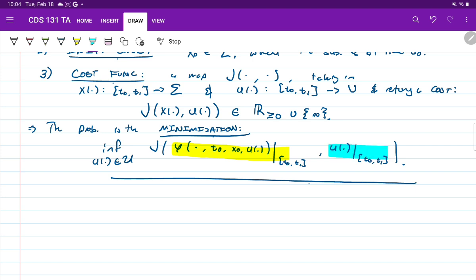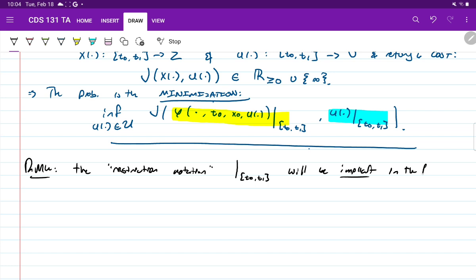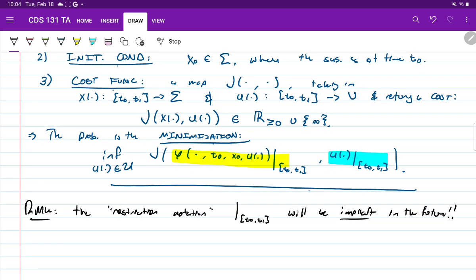I want to find this input signal that gives me the lowest possible cost. Okay. Just as a quick side note, the restriction notation, which I have here, t naught t1, will be implicit in the future. Okay? So it's something you want to kind of include if you want this to be formally